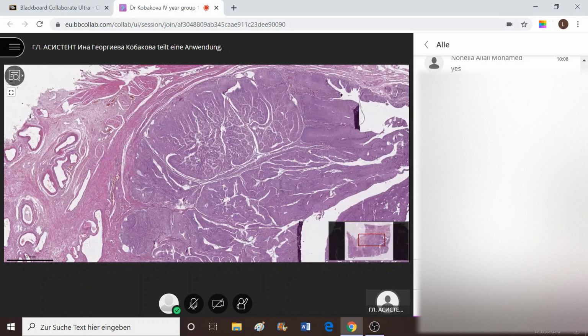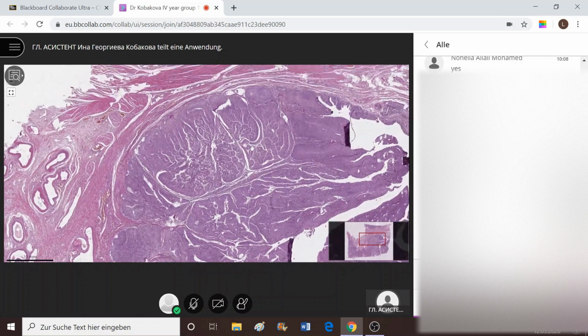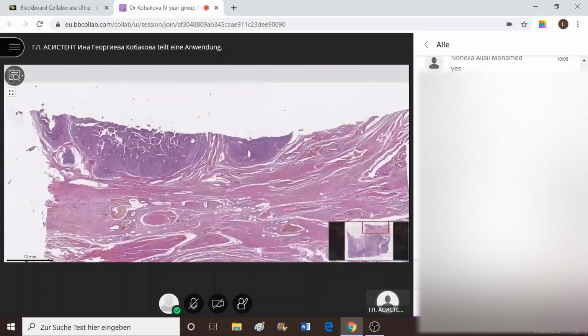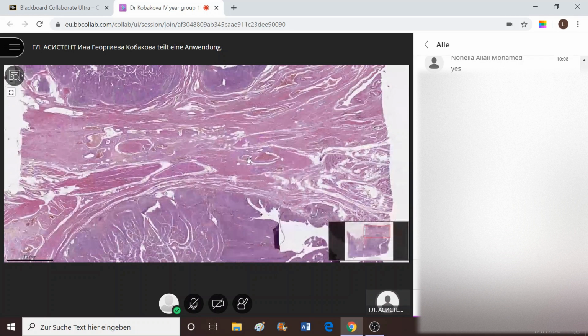exactly how this slide was cut. It might be on a superficial field of this urinary bladder. I myself would never be sure whether this is an invasive tumor or not by just one slide. You might suggest it, you might give it as a suggestion to the professor, but you should mention the idea that you need more slides to prove whether this tumor is invasive in the wall of the muscle cells and whether this would change the staging of the tumor, not just the grading by the look and the appearance of